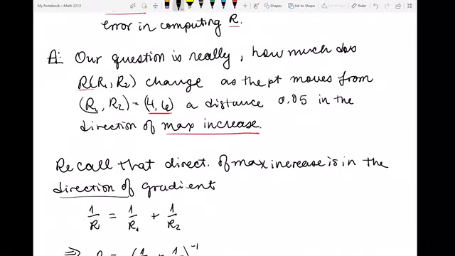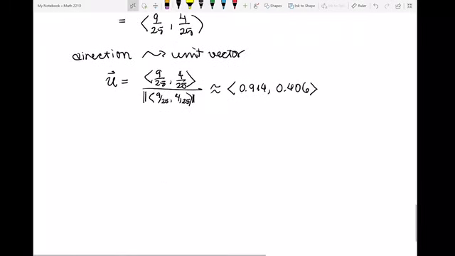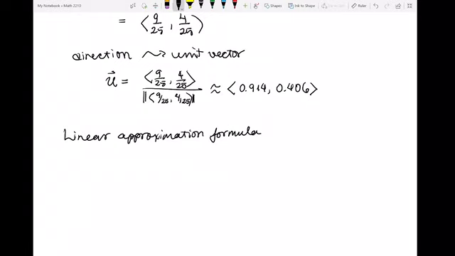And now we are interested in, let's go back to our question, the change in R as a function of R1 and R2. And the way that we can find that, you probably saw this in class, is something called the linear approximation formula. So let me just write that. This is a linear approximation